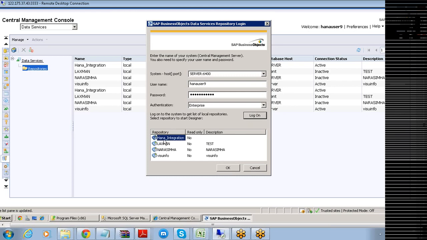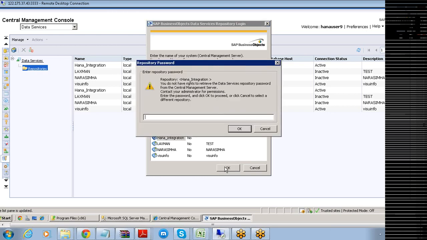Is it not your HANA integration has come now? Yes. See, if you do all these things, then only this particular HANA integration will come here. If you don't do any of these things, this will not be able to come. If you don't select this one, you will not be able to work with any of the applications with respect to your HANA and BODS integration basically. That's why this step is very much critical for us for the purpose of starting working with respect to your